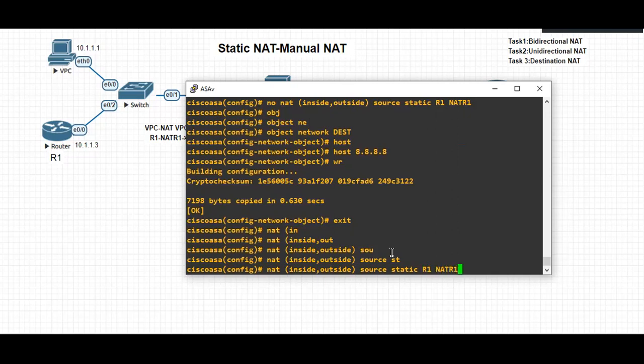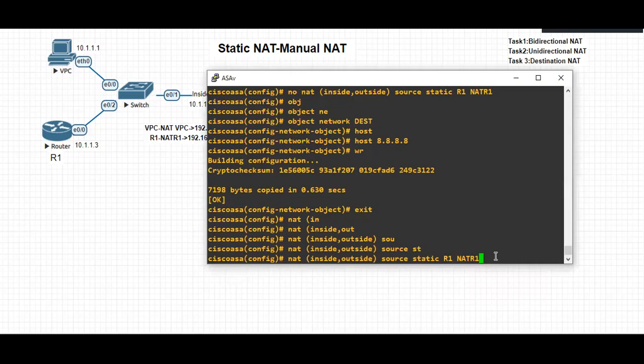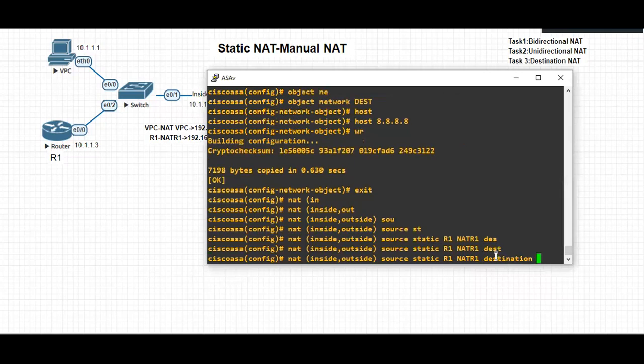That's what I want. That's my goal. I want to NAT the inside host to a public IP address, which is nothing but 192.168.29.100, and destination static